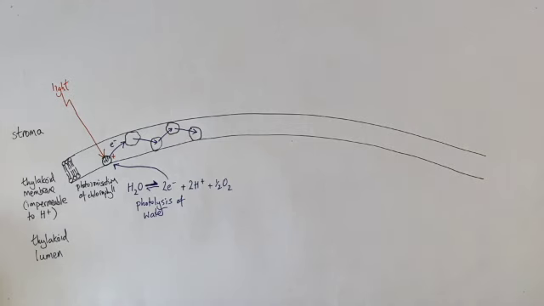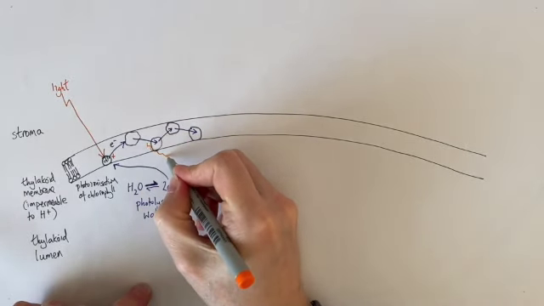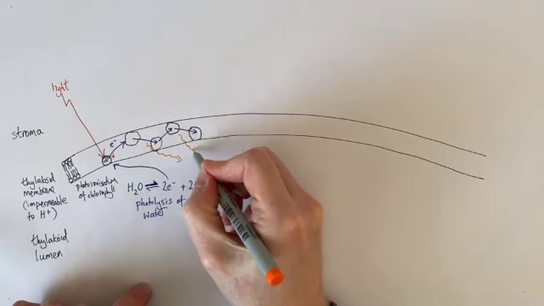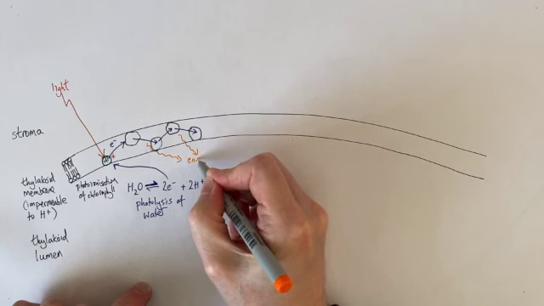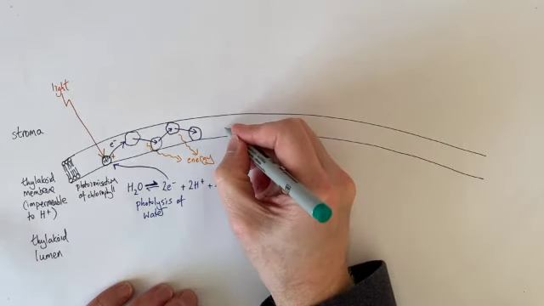And as they move between each of the carriers, they release a little bit of energy. So there's a little bit of energy released as those electrons are passed between those protein carriers. Eventually,